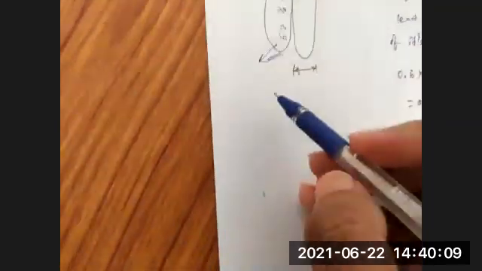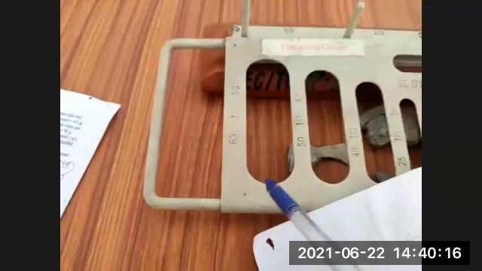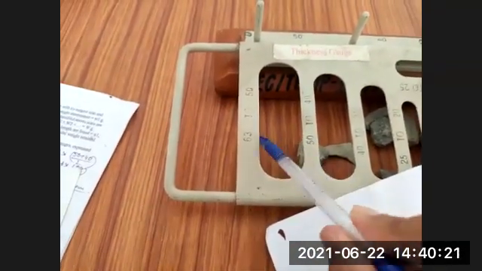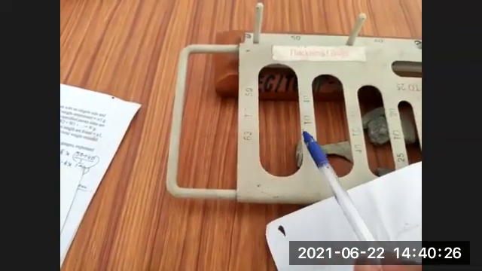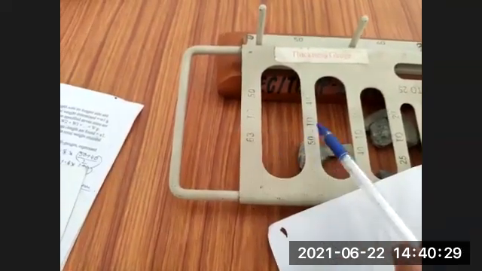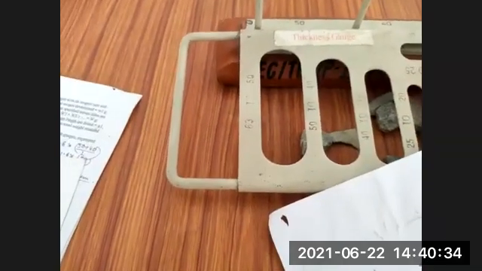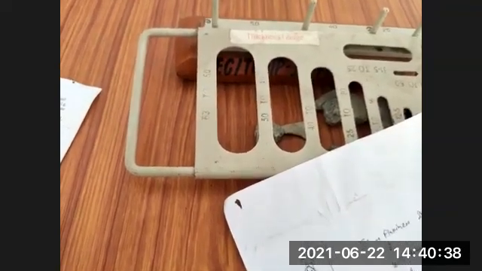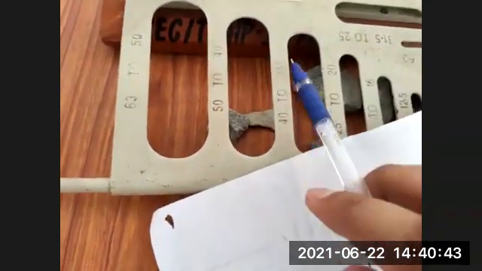So the size of this slot is 33.90 mm. So basically the size of this slot is 33.90 mm. So we find what is the width of our aggregate. If the aggregate is not passing through these slots, then basically the aggregate width is greater than 33.90 mm. Next is 50 to 40, next is 40 to 31.5.